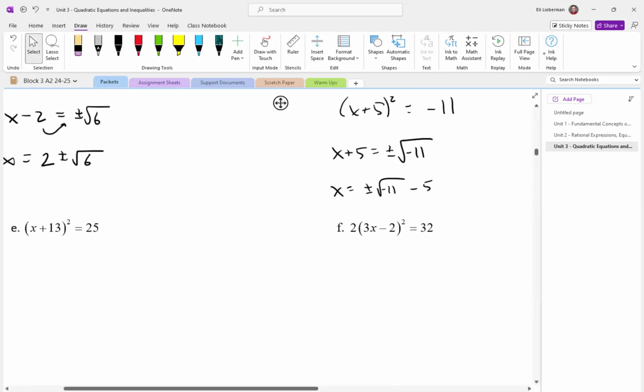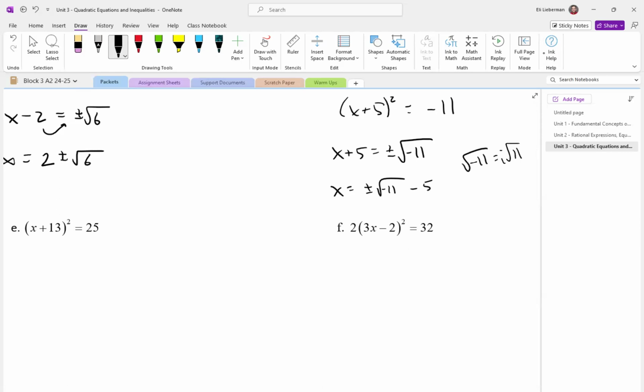Are you finished? Yeah, James. Okay. How about the square root of negative 11? Could we take anything out of that? Yeah, so square root of negative 11 is the same thing as saying i root 11. So I'm going to replace that square root of negative 11 with i root 11 like that, if that's okay. Now this answer is correct. But I do want to change the form by